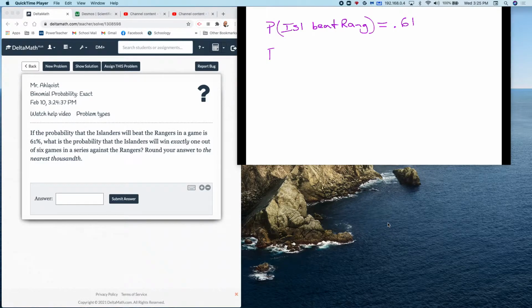So the probability that the Islanders lose to the Rangers